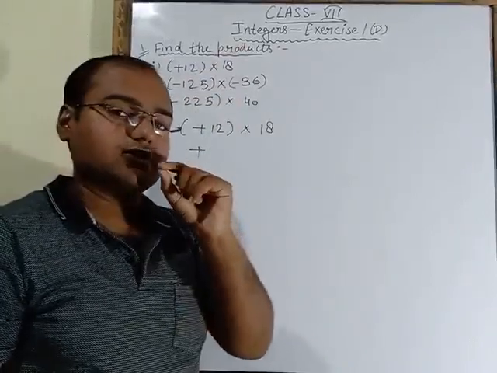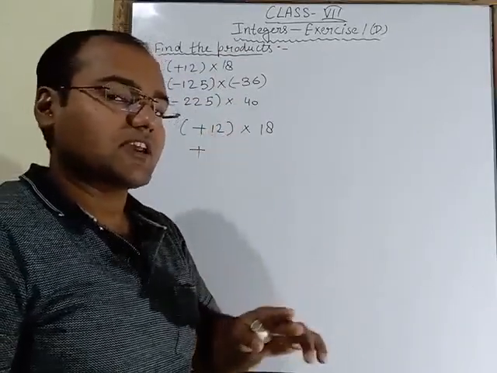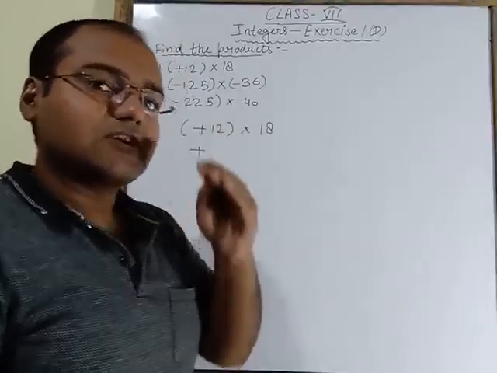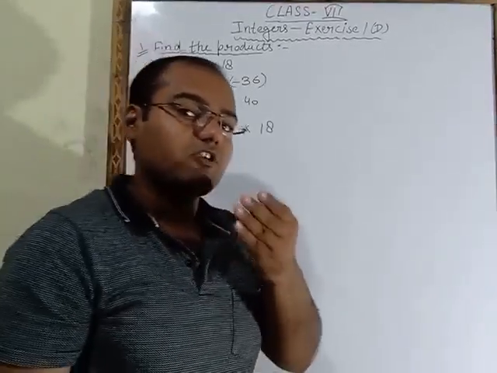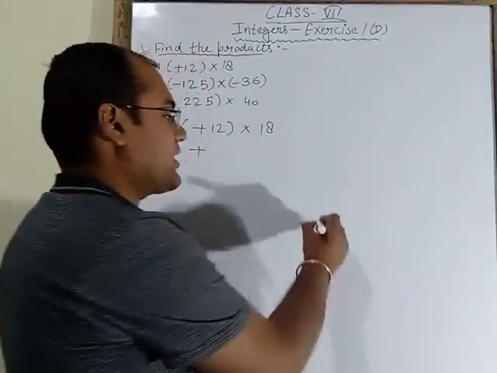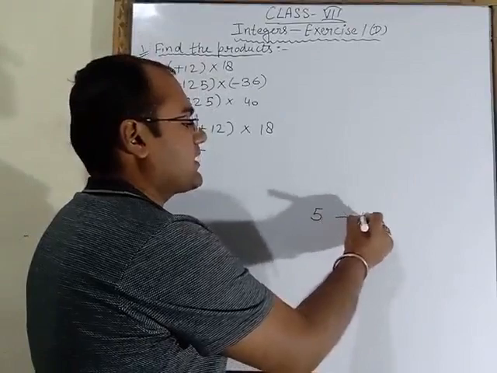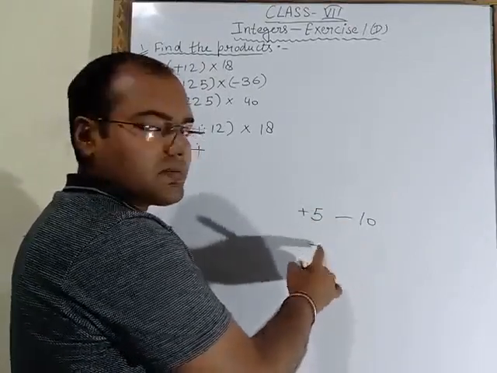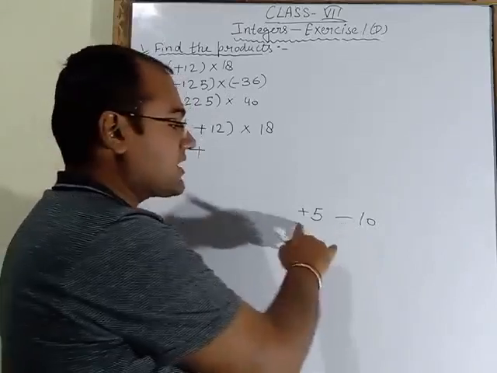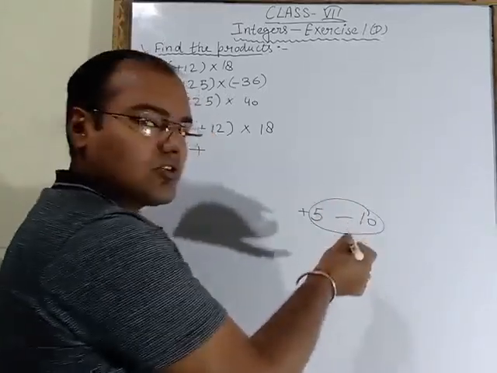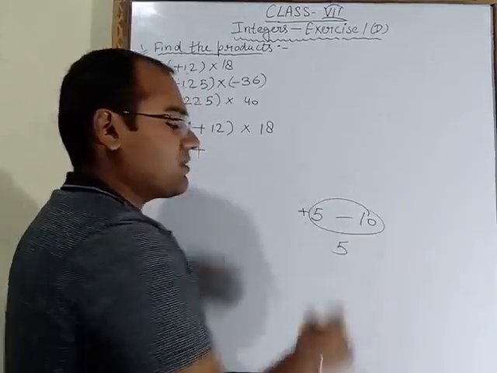Product means multiplication. But in the previous exercise you learned the questions of addition or subtraction. So in the addition or subtraction case what have you done? We are putting the sign of the greater number. Suppose I had written 5 minus 10. So this is plus and this is minus. Plus minus, we are not putting the minus sign. What we are doing, plus minus, minus is there, that's why we will subtract these two numbers. So the answer on subtracting will be 5.